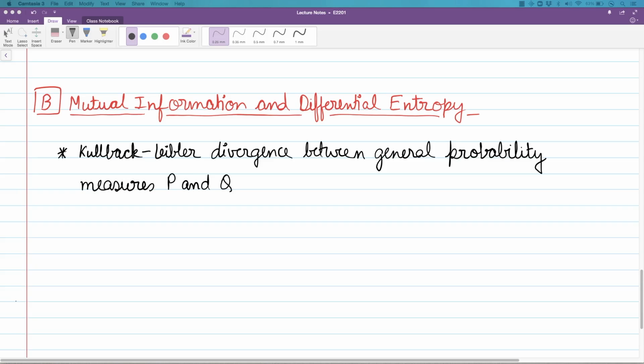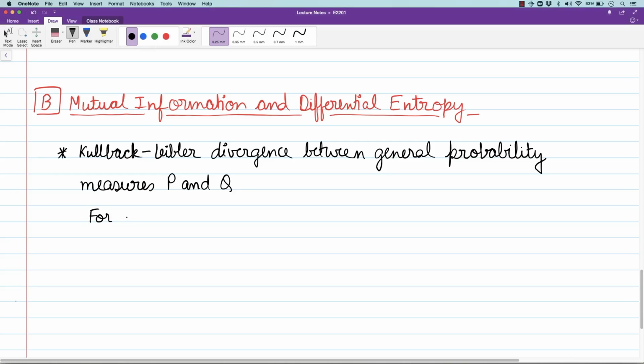In fact, in this course we will not be able to define what we mean by general probability measures. But you can imagine something which is more general than continuous or discrete random variables. You can imagine, let's say, mixed random variables or something even more general. Okay. So just to motivate the definition of Kullback-Leibler divergence for general random variables, note that for discrete random variables,